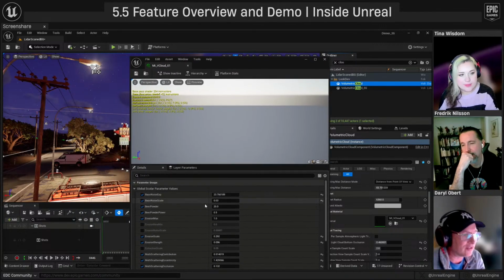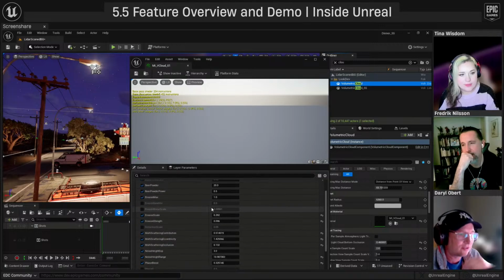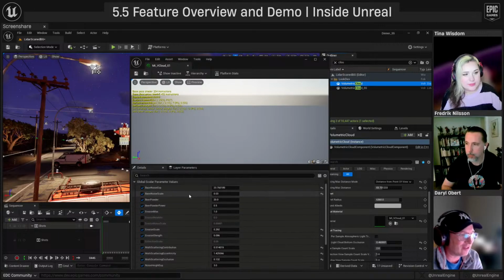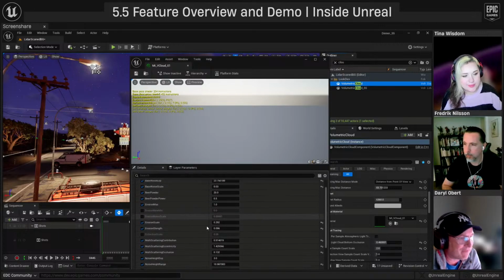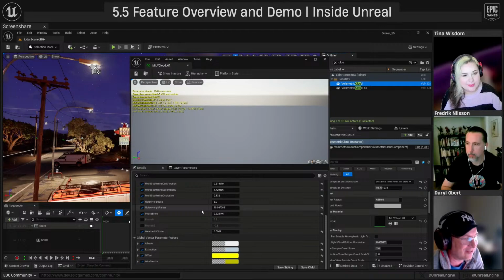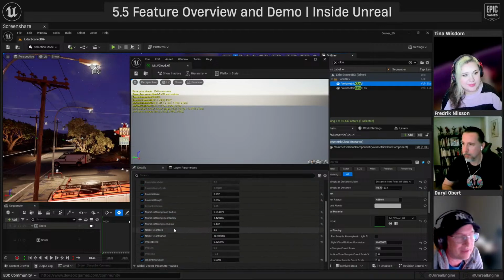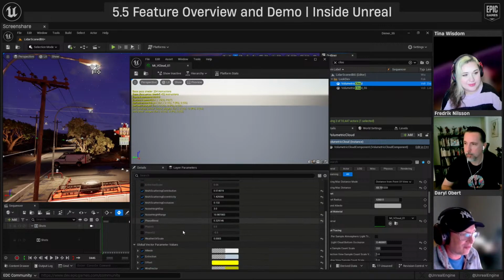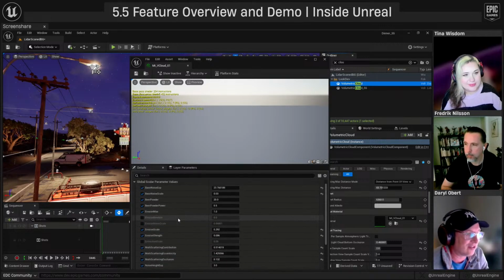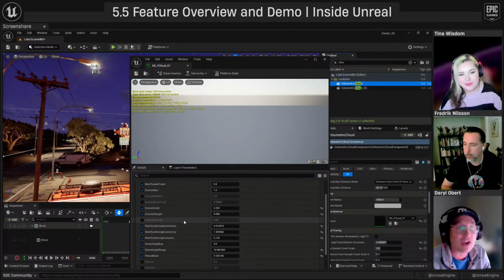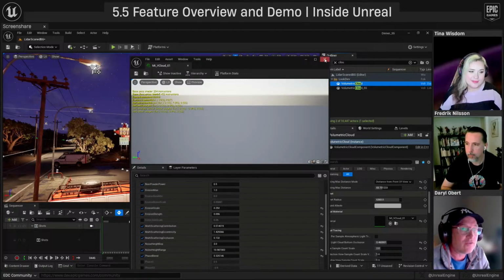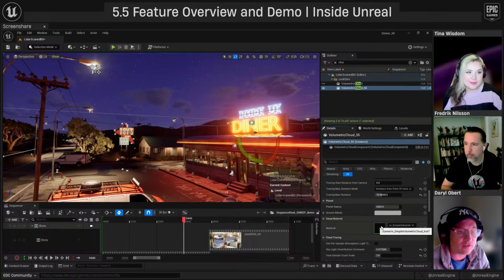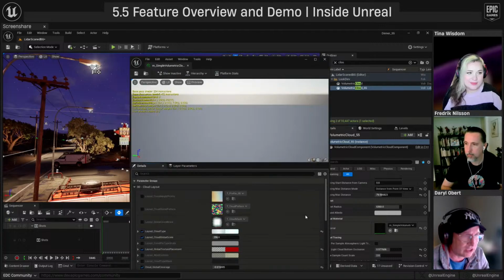Anyway, the important thing is the previous master material for clouds had these controls, which are not very pedestrian, not necessarily the easiest to understand. Like, I just want my clouds to get bigger. I just want them to be like storm clouds or something like that. And there's really nothing here that as an artist I can grab and think, I move this slider, I'm going to get this effect. But if you look at the 5.5 version of a material instance based off of the new master that ships with the engine,